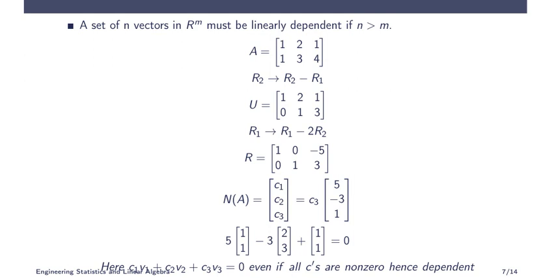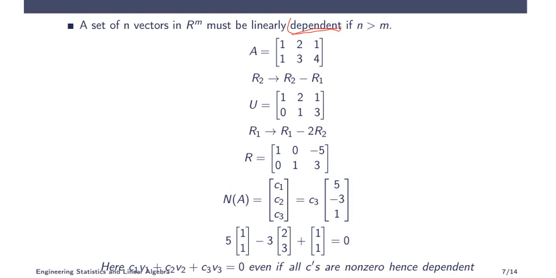Then it should be linearly dependent. If it is a rectangular matrix, or the number of variables is more than the number of equations, it should be linearly dependent. Remember this one. If it is not a square matrix, if it is rectangular and the number of columns is greater than rows, then it is linearly dependent. No need of thinking too much. We can directly tell that the vectors are linearly dependent.